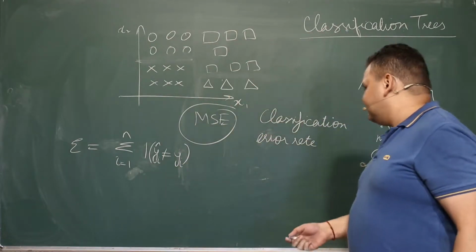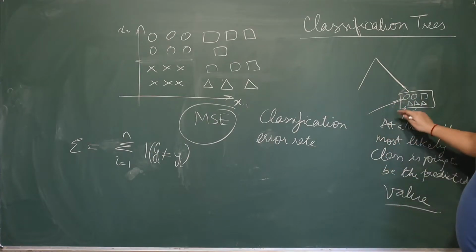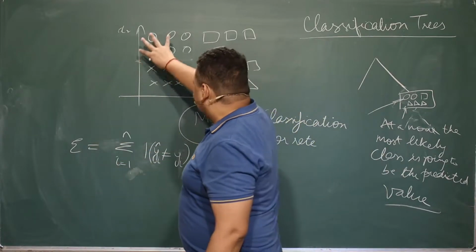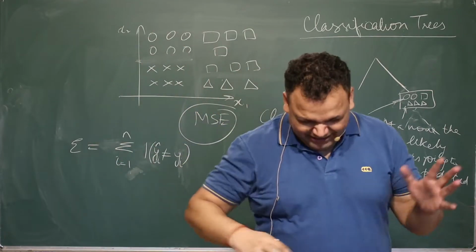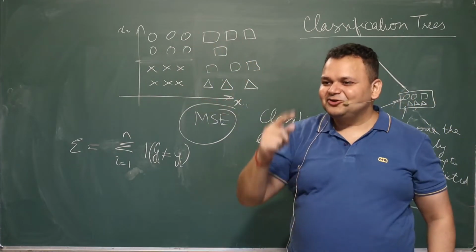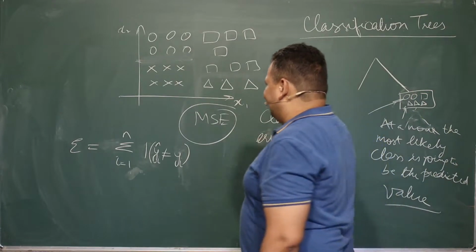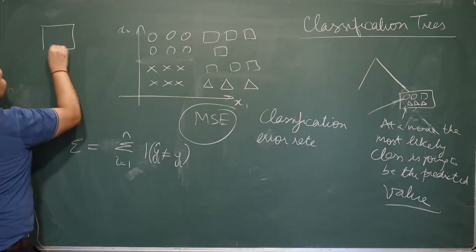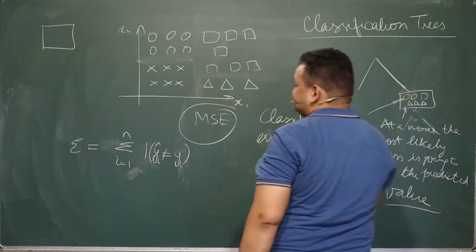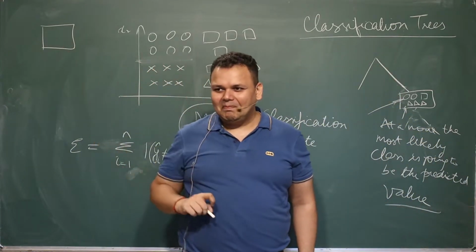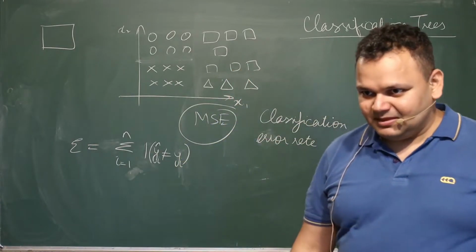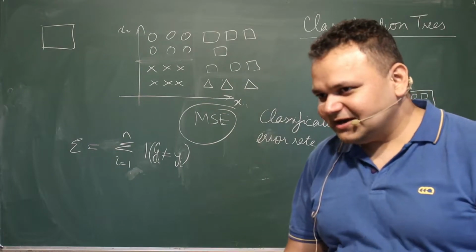Now let us look at this complete data set, and I start dividing my data. How do I divide the data? Based on what I have told you, we are looking at the error rate. We are trying to minimize the error rate. If I have one single node, what is my prediction going to be in this case? मेरा prediction क्या होगा if I had a single node? My original data set, I started with that full data set. What is my prediction going to be from this particular node? If I had only one node, क्या होगी prediction based on what I have just told you? Dipankar, you there?